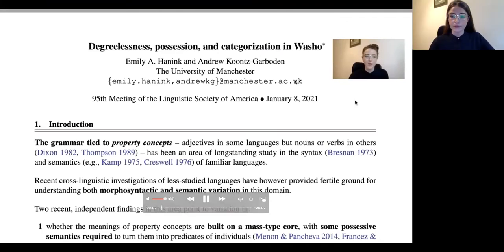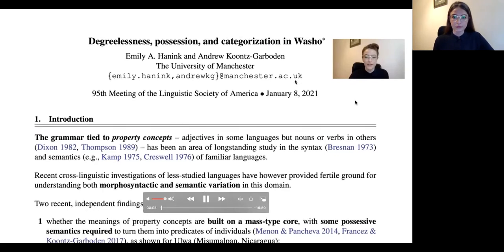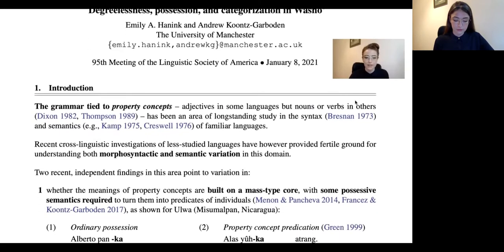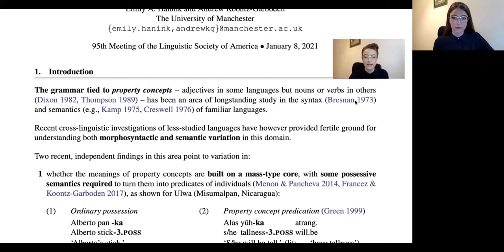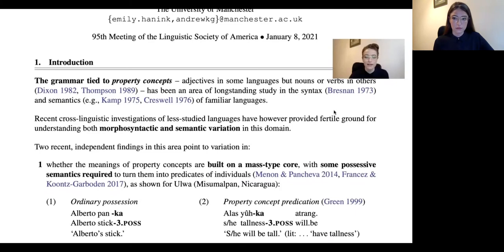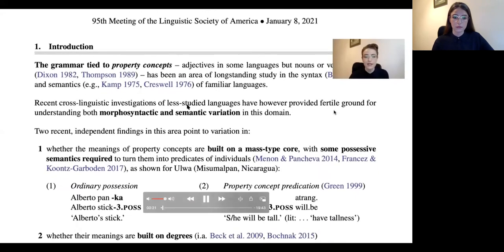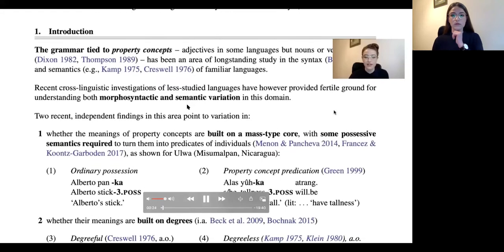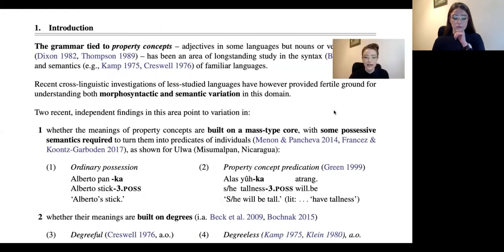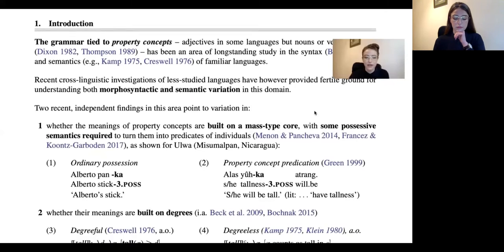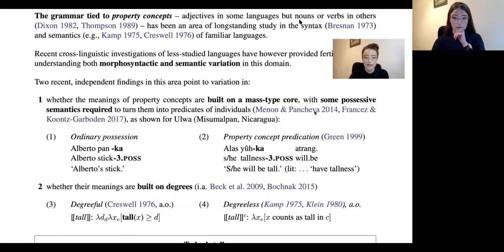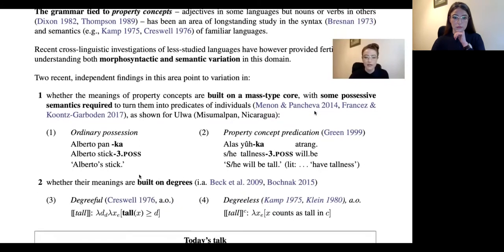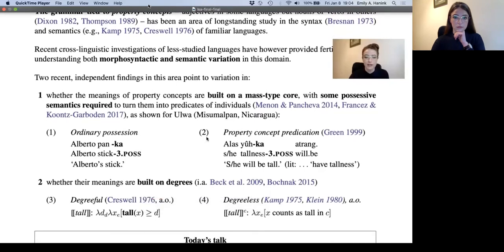Hi, everyone, and thanks for coming to our virtual talk. We start with the observation that the grammar tied to property concepts, which are adjectives in some languages, but nouns or verbs in others, has been an area of long-standing study in both the syntax and semantics of familiar languages. However, there's been recent cross-linguistic investigation of less studied languages that has pointed to both morphosyntactic and semantic variation in this domain. Relevant especially for today are the following 2 points of variation. The first is whether the meanings of property concepts are built on a mass type core, with some possessive semantics required to turn them into predicates of individuals. And this is the case for ULA, for example, as pointed out by